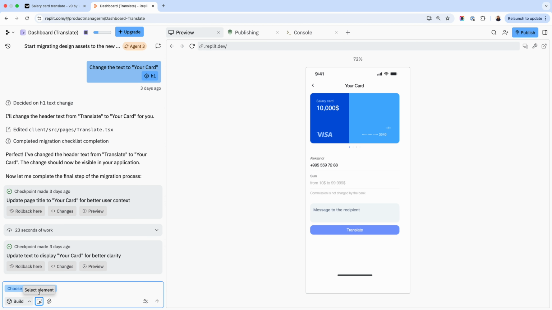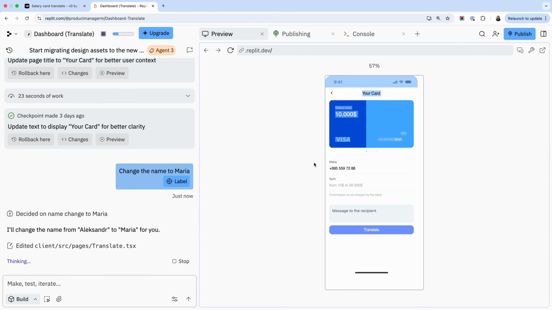The same feature is available in Replit as well, but there is a slight difference and let me show you. In Replit, when you select an element, even if you double click on it, you cannot make an edit in the preview mode. What happens is you select the element and then you come back to the input box, add the text over there, and that affects the change. Now I admit this is a very small difference between the two products, but it's slightly easier to use V0 when it comes to visual editing.